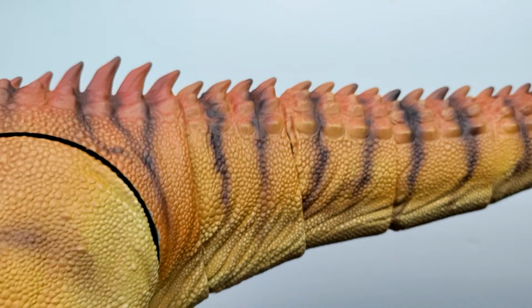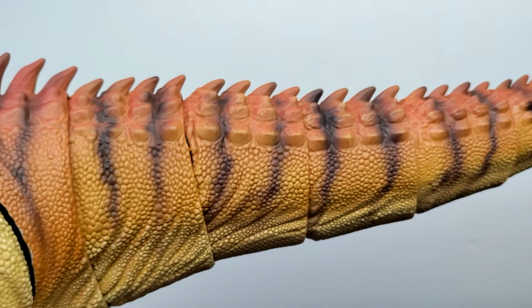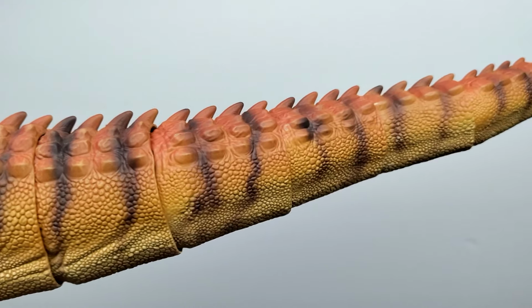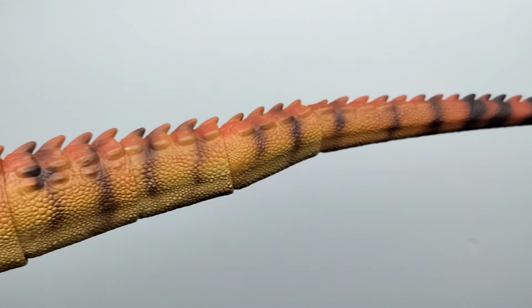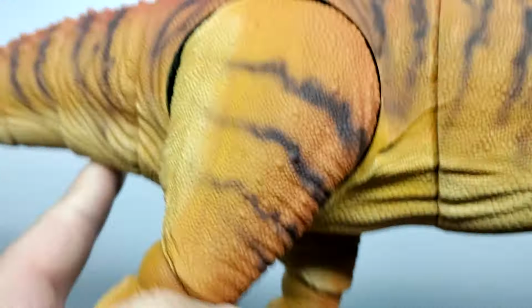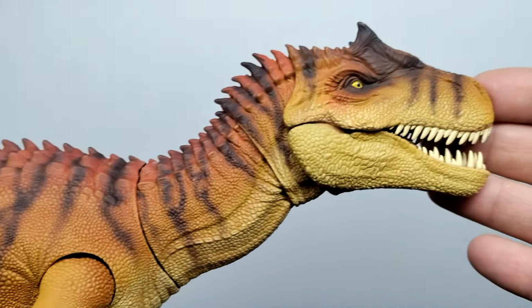And then we lead back up into the tail, and as you lead out through the tail, you continue to have that striping effect as well as the different variations of yellows and oranges, the entire way out through all of those incredible articulated joints out there to the tip of the tail. And of course, if you turn the Allosaurus around, it's going to look the same on both sides,